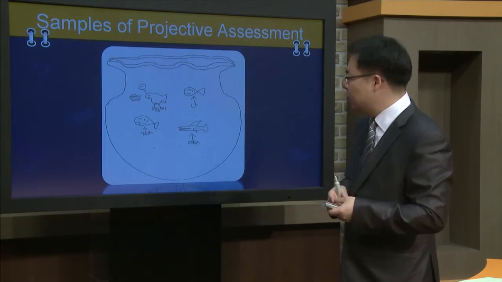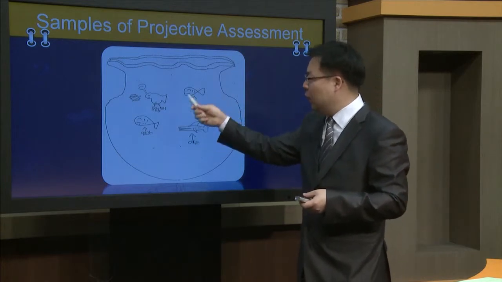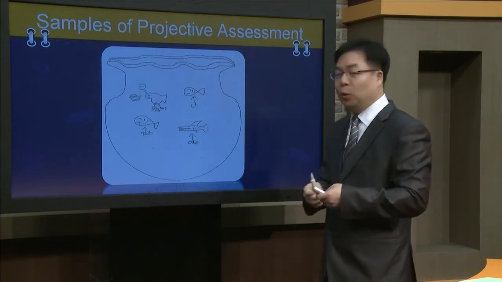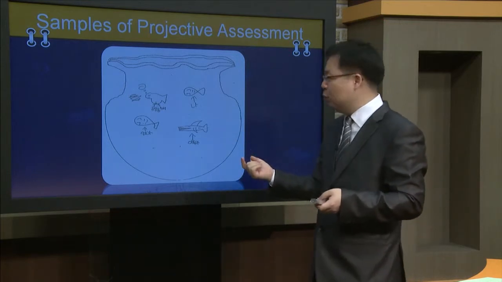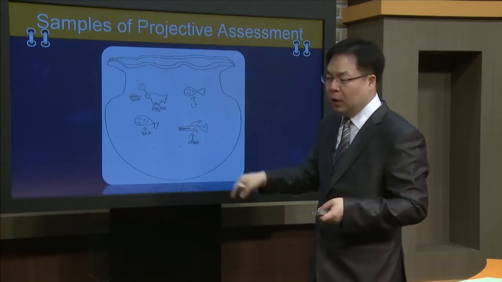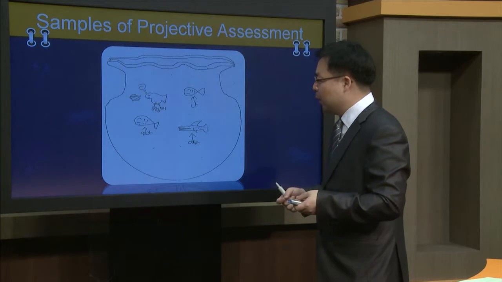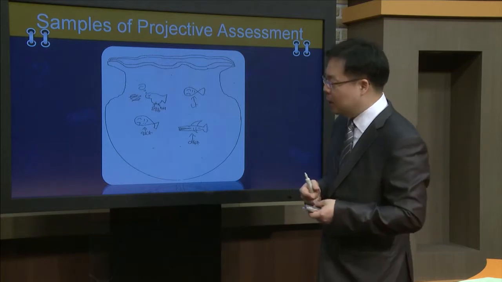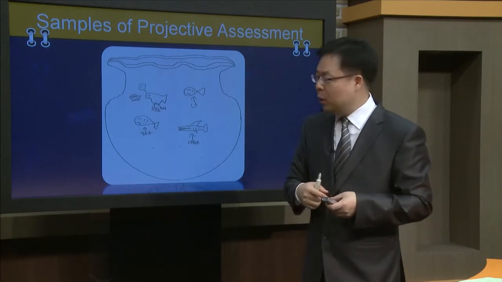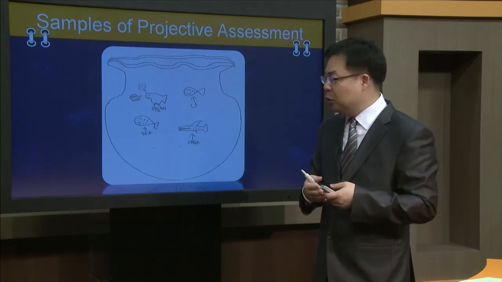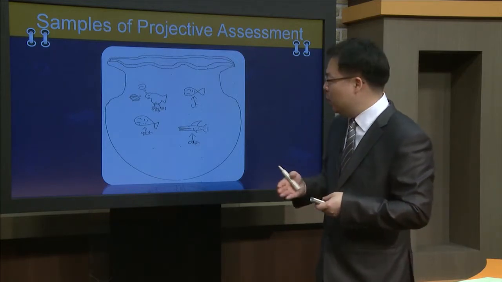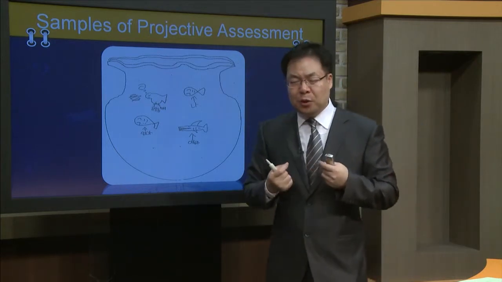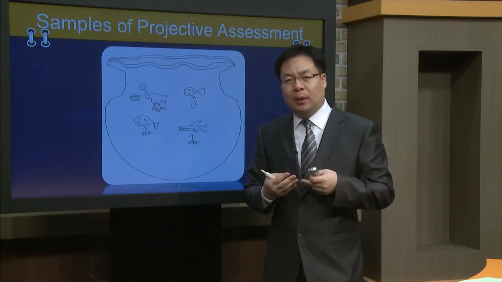One thing that was interesting to me was that all the other fish, including the client's, are the same fish. However, the daddy is a totally different fish. It's a shark, with very sharp teeth here. I asked the client, what does it mean, very sharp teeth? And the client said, my dad swears a lot. He speaks so many bad words. So that is another way for us to identify the client's subjective recognition of the family by using this type